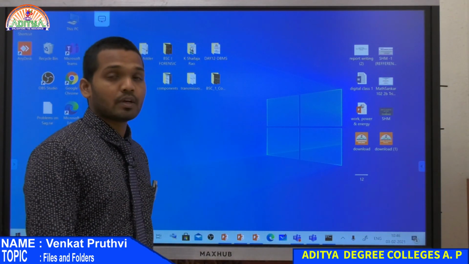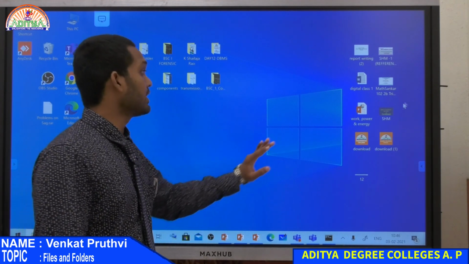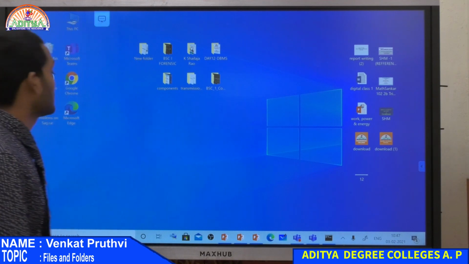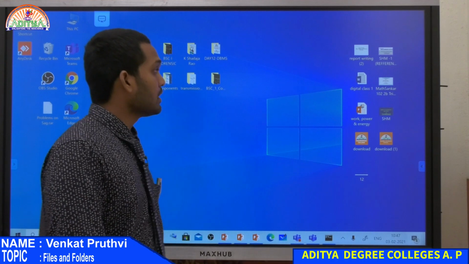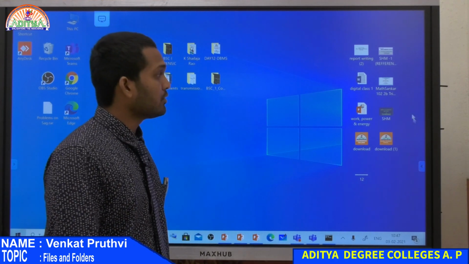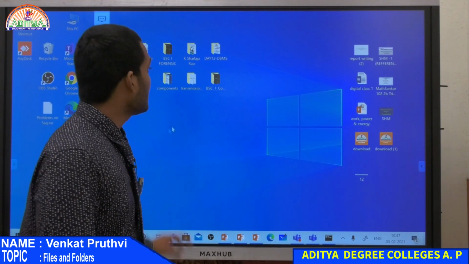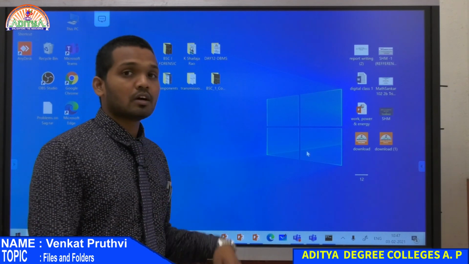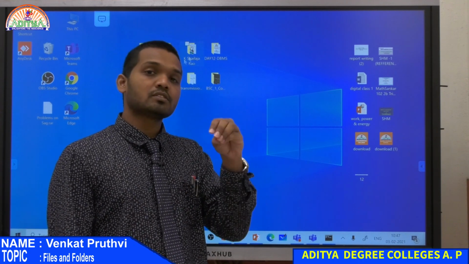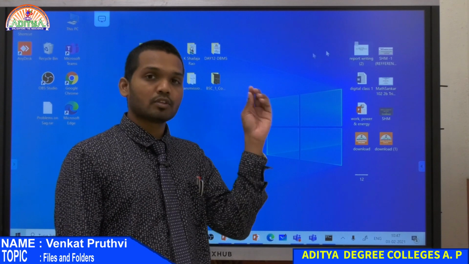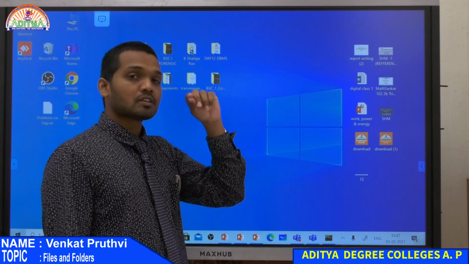Because of this UI, you are able to differentiate them easily, and you are able to understand what a file is, what a folder is, what a shortcut is. Now you all have an idea about what a file is. If you group all these files and categorize them individually, it will be a folder. A folder is just a parent directory, or the starting path for the files, in which you have all the files linked to that point. You can consider these folders as just a starting point.